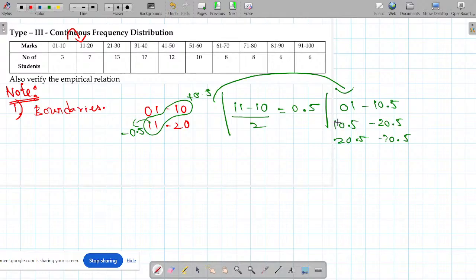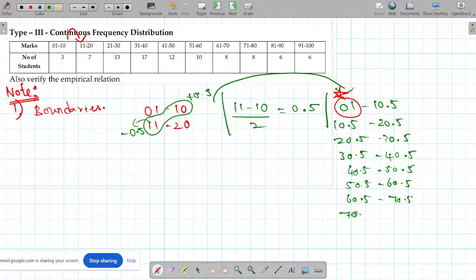Ah, this is not right. Okay. Anything else? This is one change she noted. Okay. Anything else? If I extend in the same way, let me write it. It will take a lengthy time, no issues. 30.5 to 40.5, 40.5 to 50.5, 50.5 to 60.5, 60.5 to 70.5, 70.5 to 80.5, 80.5 to 90.5, 90.5 to,